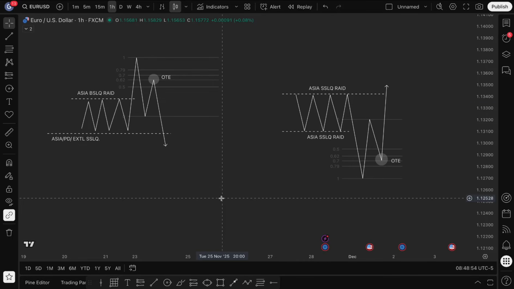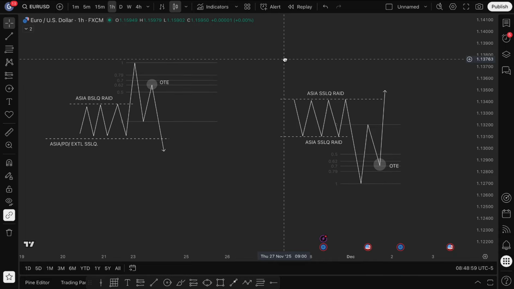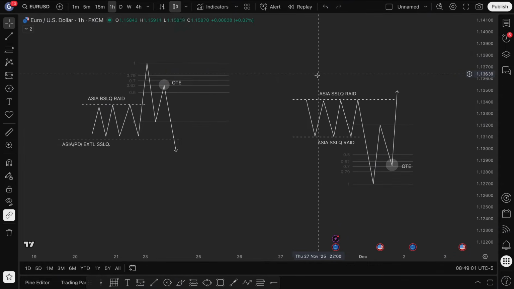So today we're going to be discussing how to trade the London continuation setup. This is just a sequel to the video that I made prior to this one on how to trade the London session. That one was mainly talking about how to engage the London reversal. So you're looking at an instance where, if you're bearish on the day, London runs the Asia